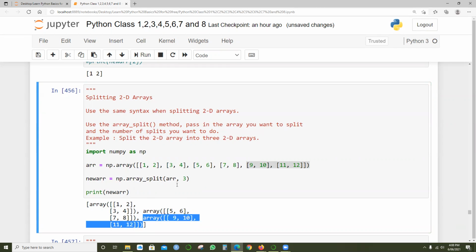So it has split into 3 parts, the 2D array. From here to here is one 2D array, here to here is another 2D array, and here to here is another 2D array. So the function which we have used is np dot array split, array comma 3.